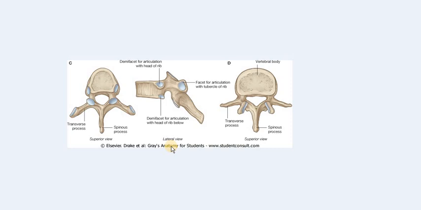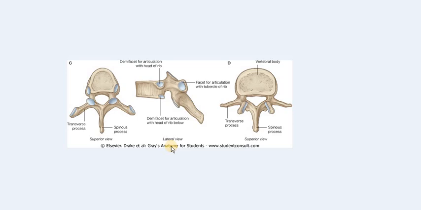Similarly, the 10th thoracic vertebrae also resembles the typical thoracic vertebrae, except that the body has a single superior costal facet on each side. It does not have the inferior costal facet, but the superior costal facet is complete. It is not a demifacet. In the 9th thoracic vertebrae, I have told that it is a single superior costal facet which is a demifacet, but in the 10th thoracic vertebrae it is a complete superior costal facet.